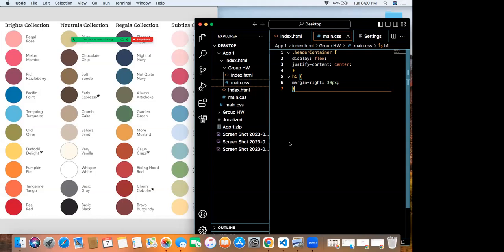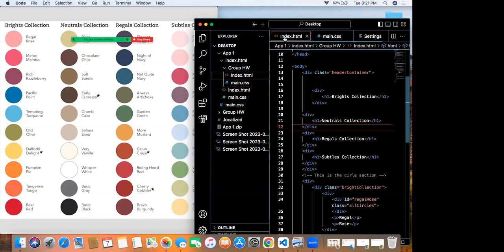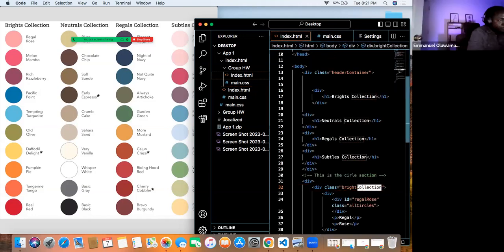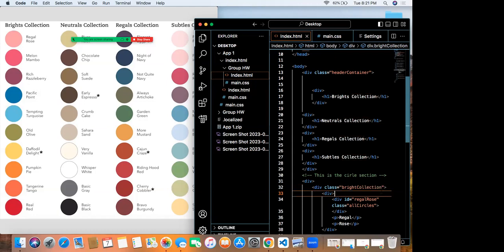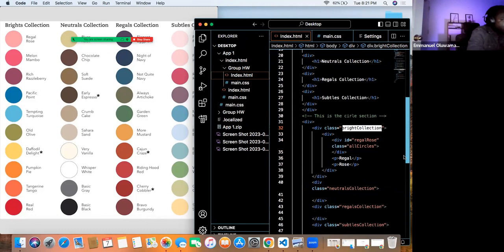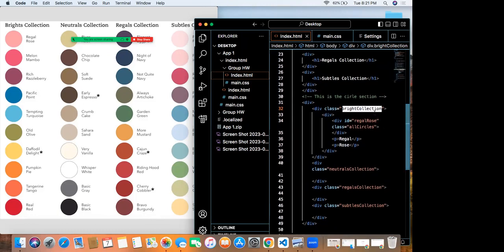You go back to the class you gave the circle, all circles. So we're doing this one first, all circles. Actually, we'll come back to colors, but we can just do the circles.